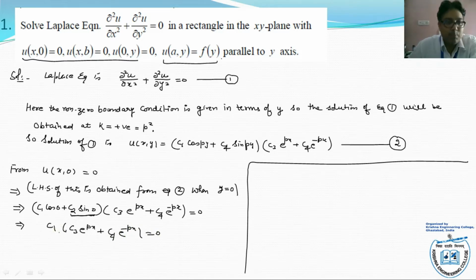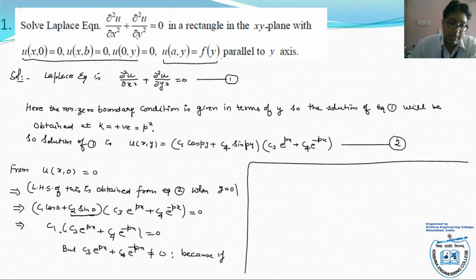We know that the product of two numbers will be 0 if and only if one of them is 0. But c3 e to the power px plus c4 e to the power minus px will never be 0, because